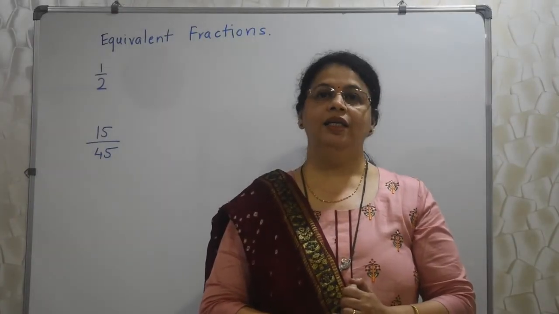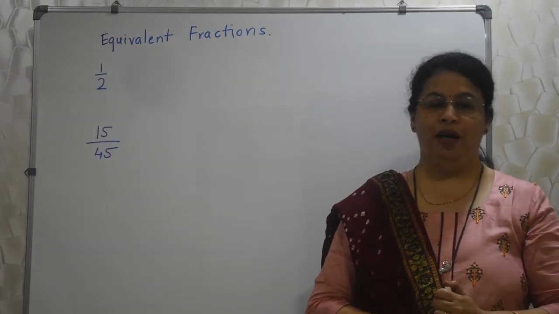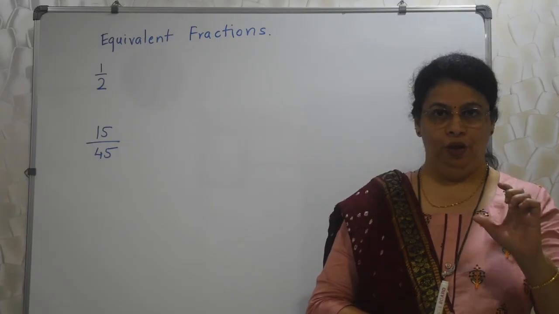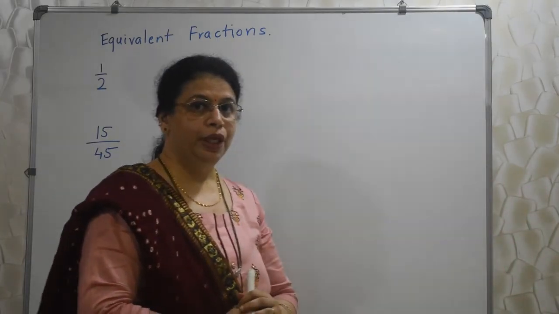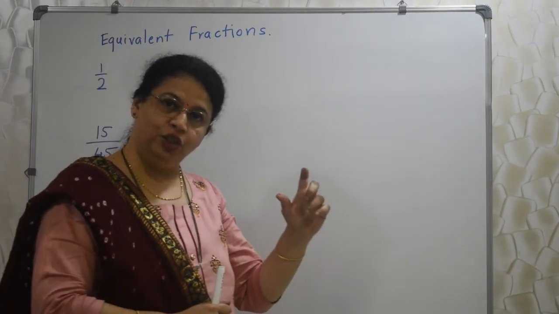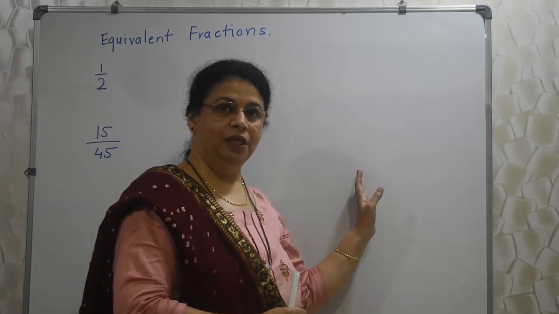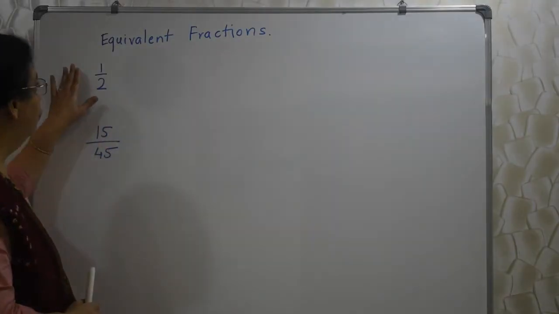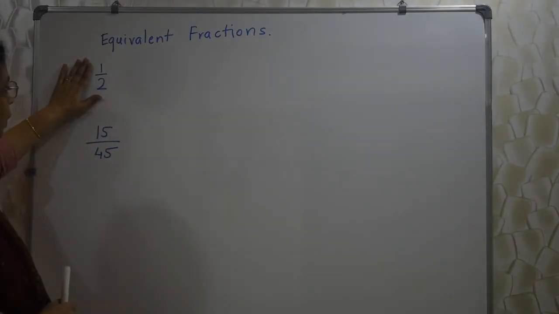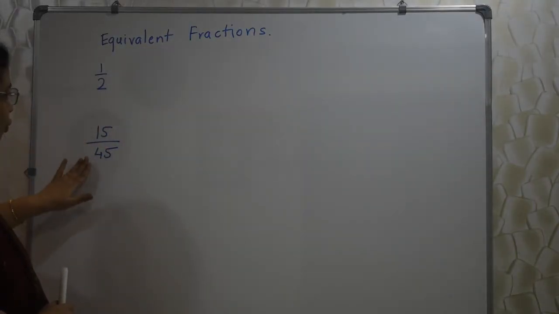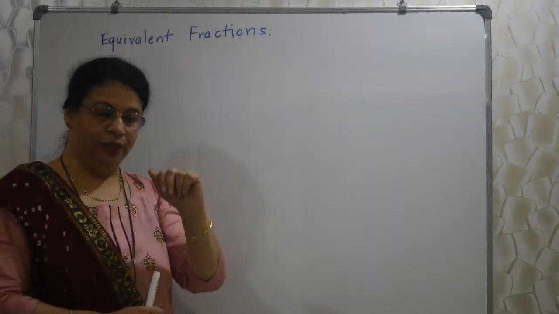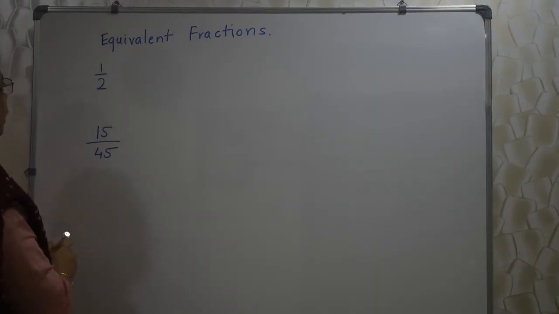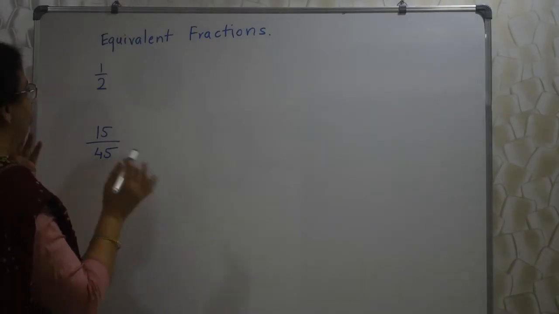Students, let's learn equivalent fractions. As the name suggests, equi means they are equal. Okay. Now what is the meaning of actual equivalent fractions? We will take 2 examples. You will know immediately after solving those. Okay. I am doing this 1 upon 2 and 15 upon 45. I have taken 2 different fractions. Okay. Now first concentrate on this 1 upon 2. Now 1 upon 2 is one fraction, you all know.